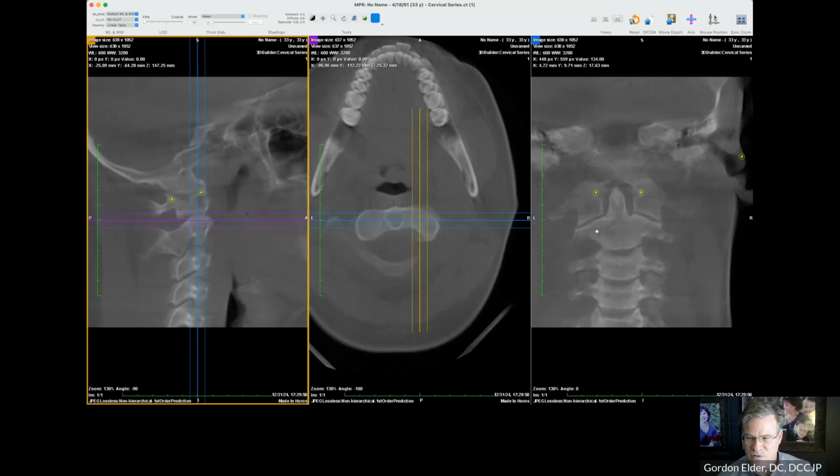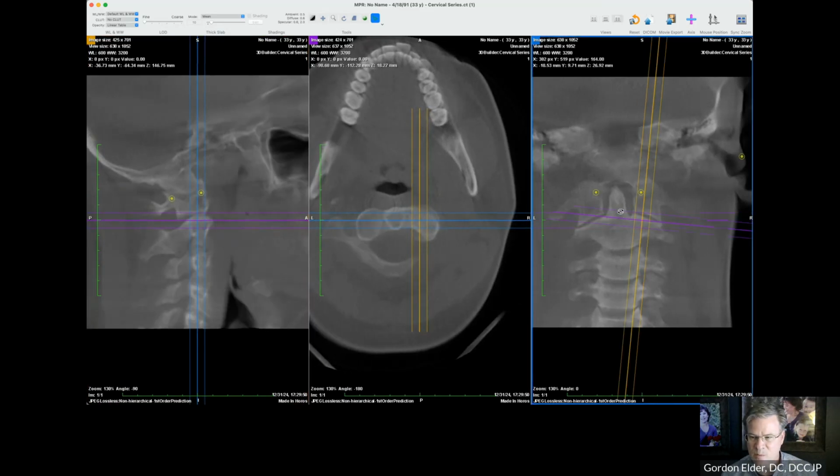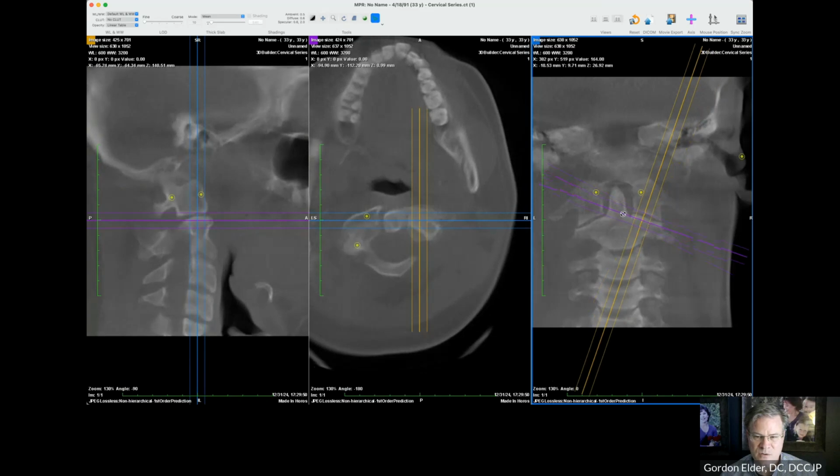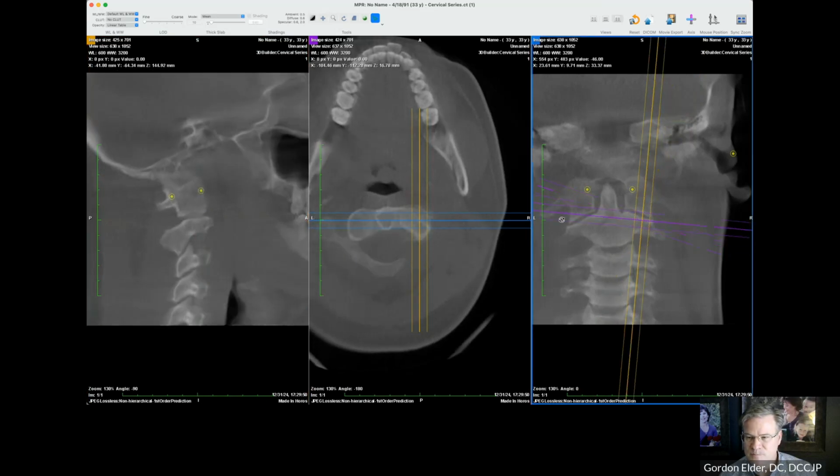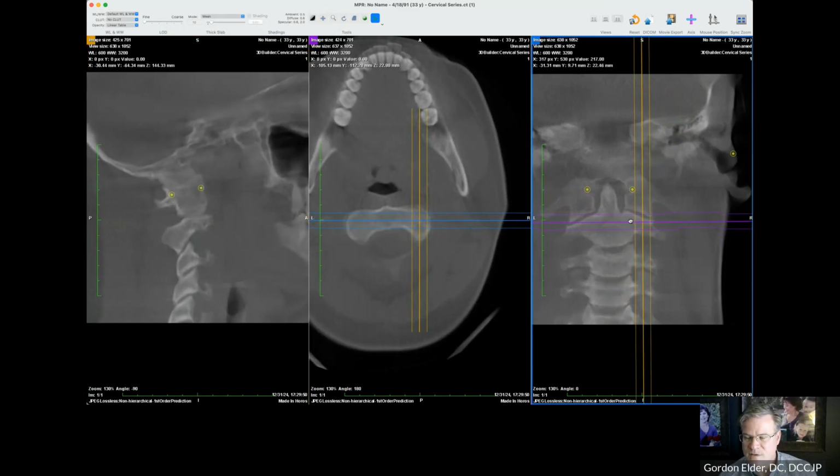at those joints. And again, we can line up our axes so that we can see things pretty clear. Translate back and forth. All right. So I've got C1 posterior on the right side, like we saw on the 3D version. It's posterior on the right. Now, if we go over to the left side,